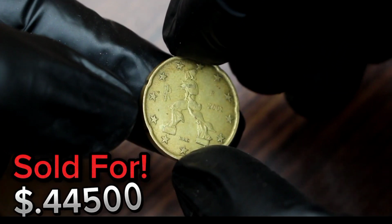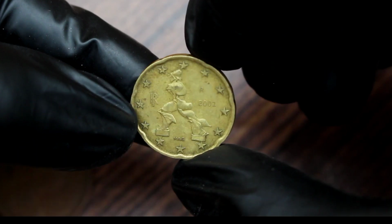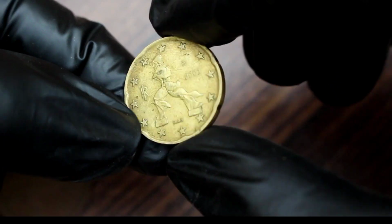The prices have ranged from $44,500 in good condition, depending on factors like condition and demand,